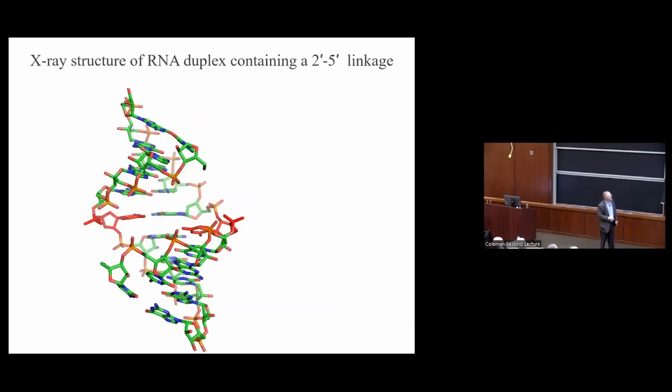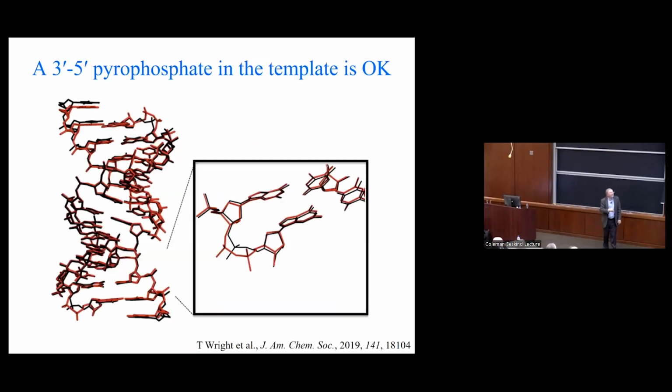Again, we can grow crystals and see kind of why that is. The structural perturbation of a 2', 5' linkage that's shown in here is so minor that, unless you're really used to looking at these structures, you can't even tell. Right? It's so close in structure. All right. Another kind of heterogeneity that might be expected is, well, what if you have 2 phosphates instead of 1 phosphate in the backbone? And there are chemically reasonable ways why you might think that would be almost inevitable. Again, the backbone can accommodate that, and all the other changes are very minor. So you can copy over a pyrophosphate linkage, again, make normal RNA. Works fine.